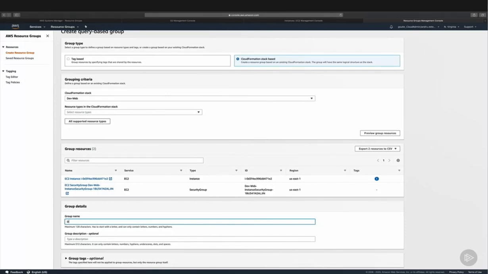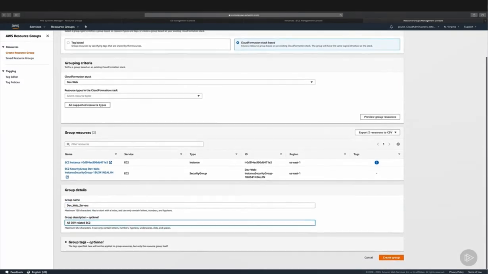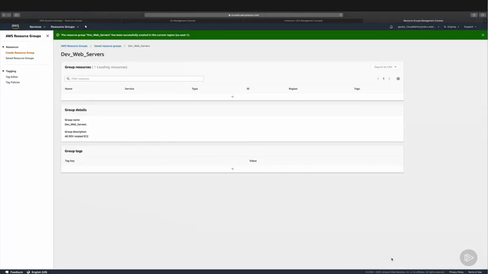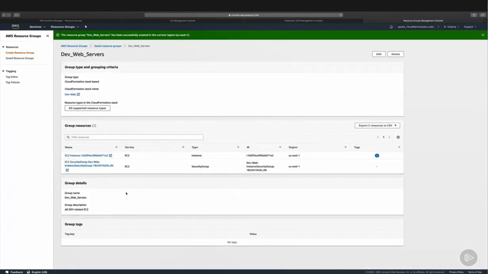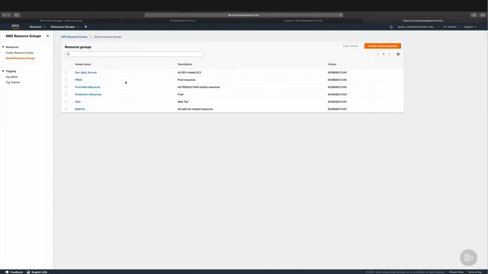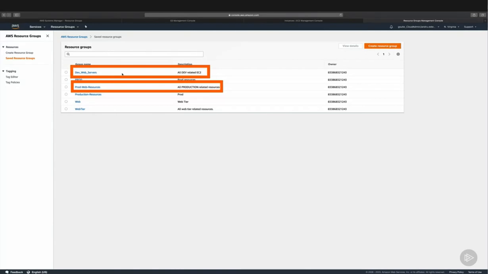Let's do dev web servers. We can give it a description. I'm going to click on Create Group, and there we go. We now have a dev web servers resource group that contains any resource from that dev CloudFormation stack that I deployed. So now if we go to saved resource groups, we can see our dev web servers here,